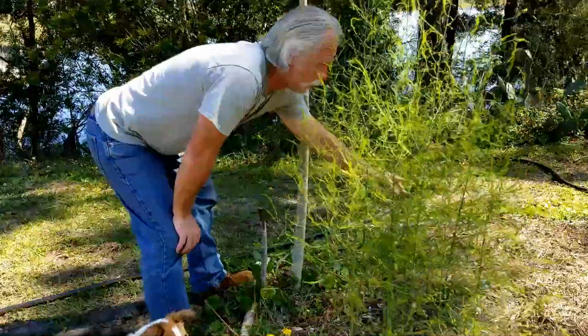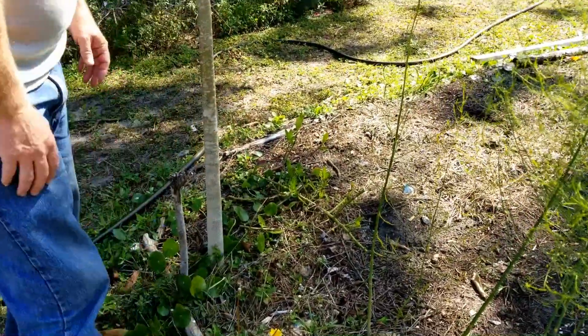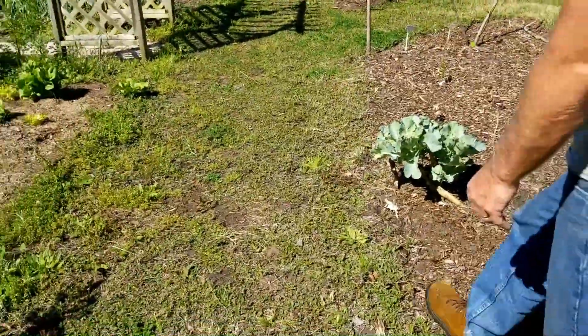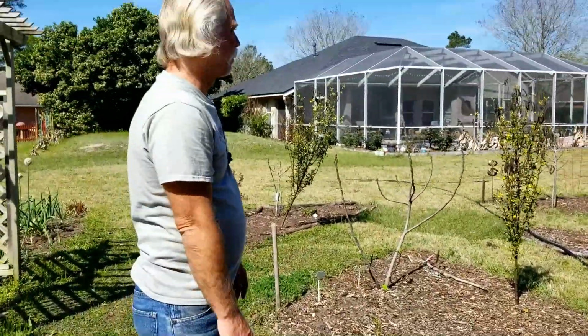I cut it way back when I did my potatoes, but you can see the longevity spinach, really good, tasty spinach. And then, of course, I've got some of my collard greens here. Again, very much like kale, if you eat them green, or you can cook them down. And then